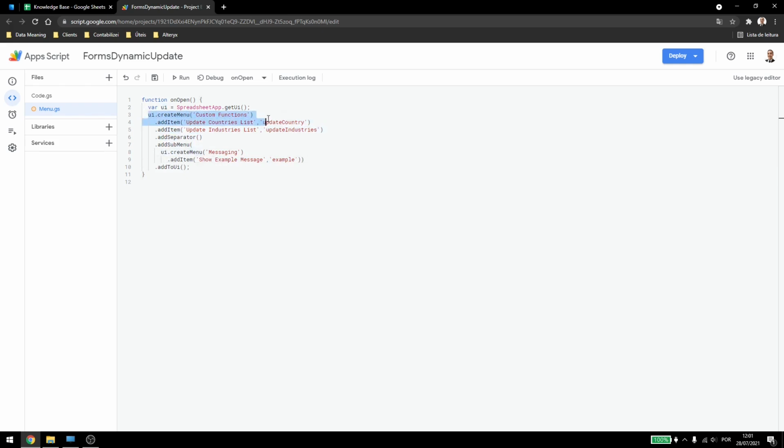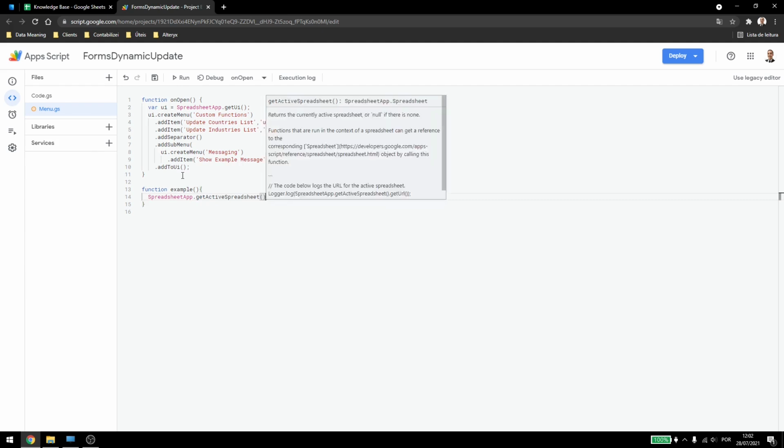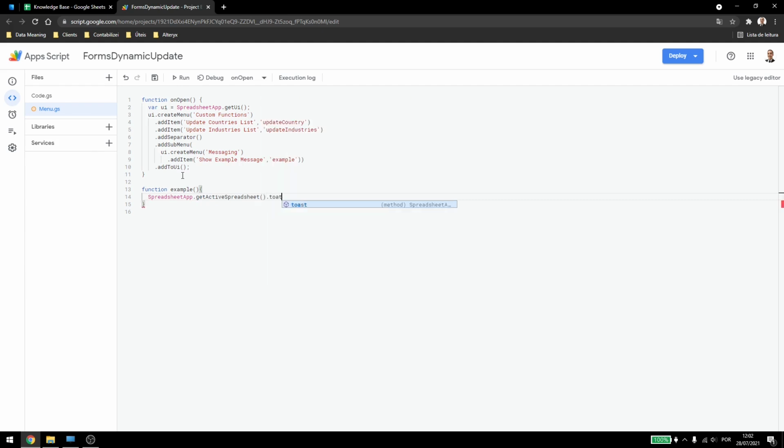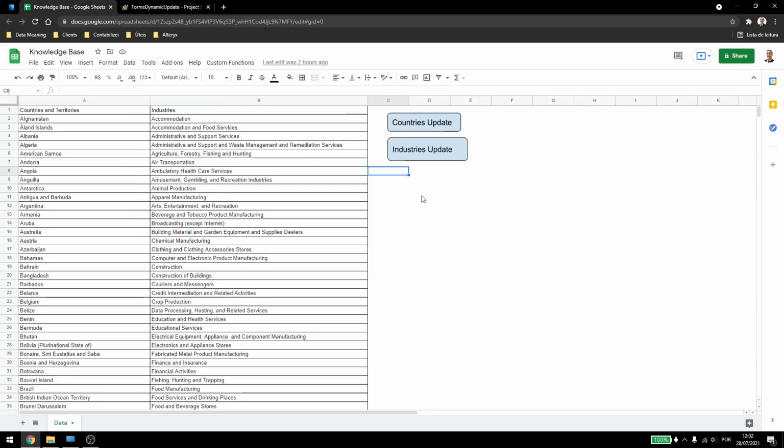So I create a menu, I have items. I create another menu, I have more items. And inside my submenu I have an open bracket and a close bracket. Now let's create this example function. Let's make something simple here. Let's show a message. SpreadsheetApp.getActiveSpreadsheet, it's under here. Then we can use the toast here just to show a message to the user. So let's type in hello and then close this. If I save this, go back here and refresh my page,